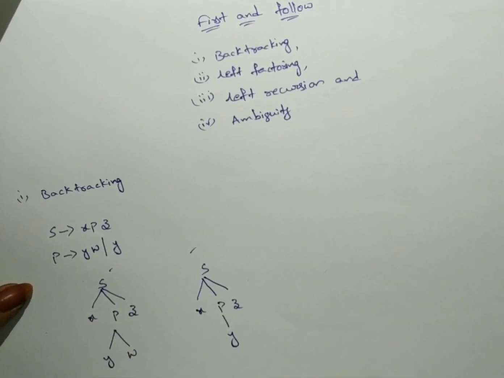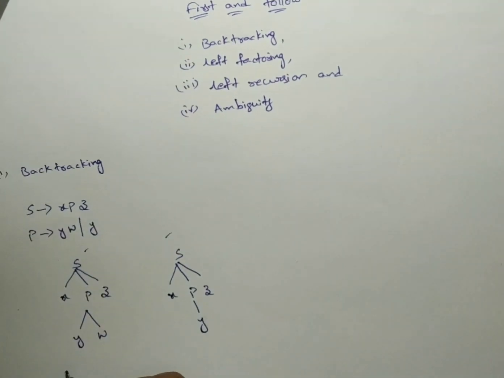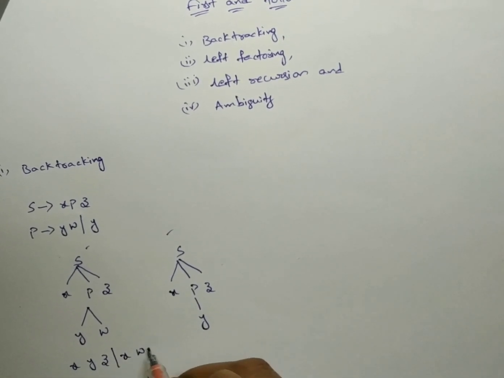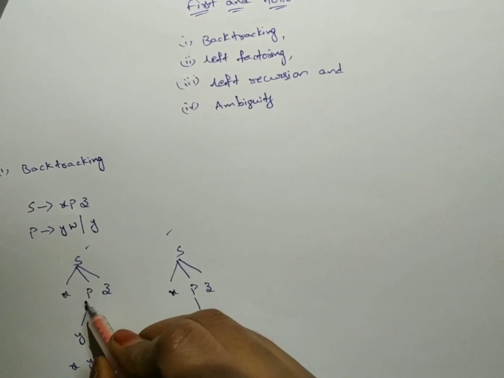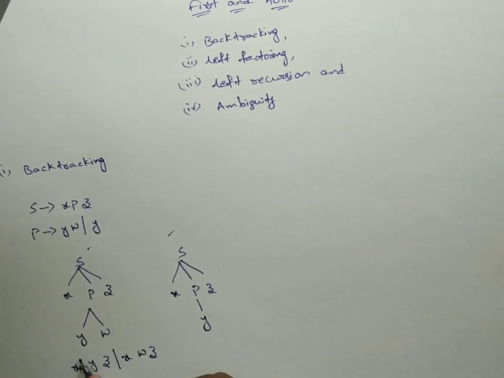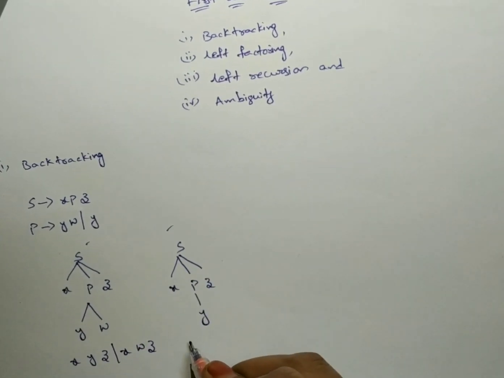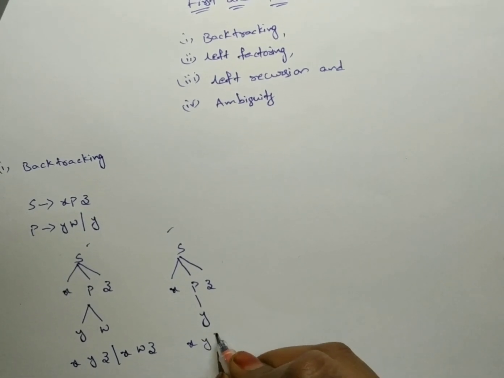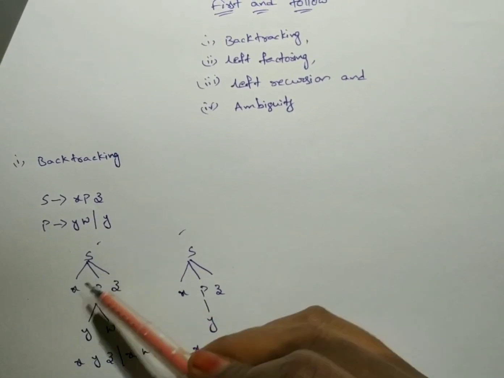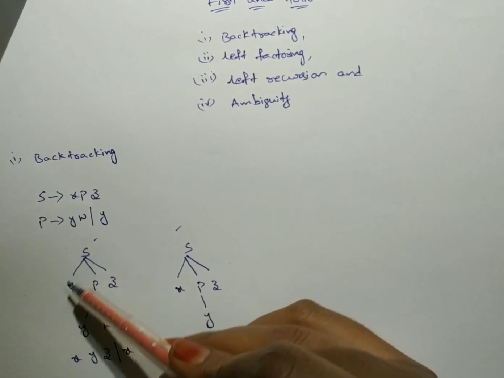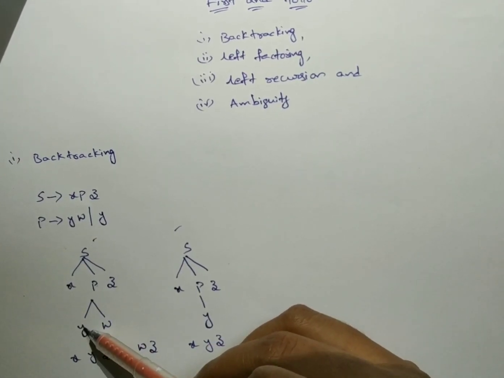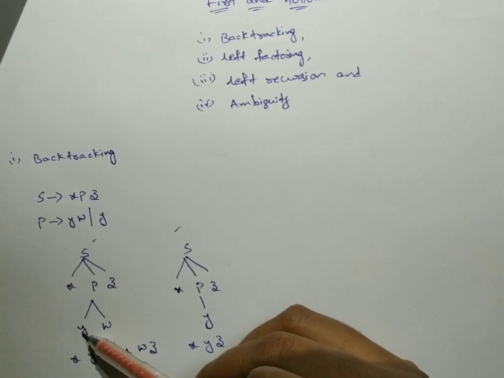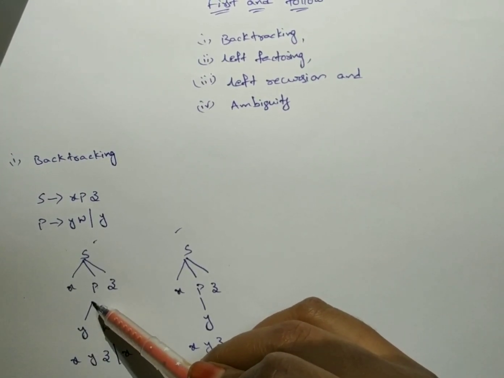In this case the grammar will be X, Y, Z or X, W, Z. These two are the possibilities if we choose the letter P which derives Y, W. In this case we have the grammar X, Y, Z. If we consider this case, S derives X, P has one more derivation Y. And after considering this Y, we are moving backward to P.